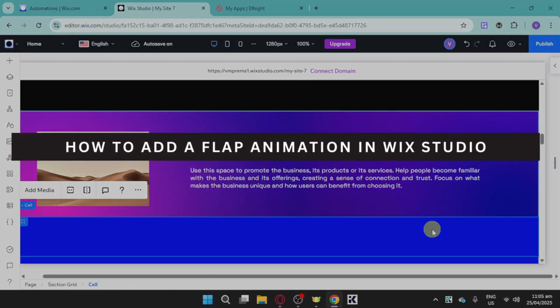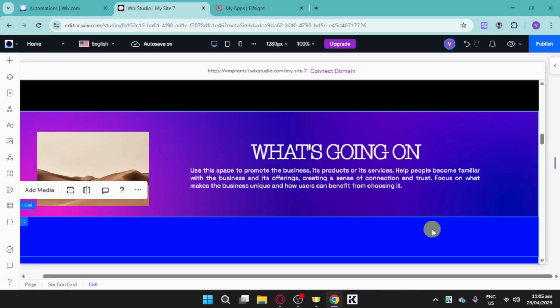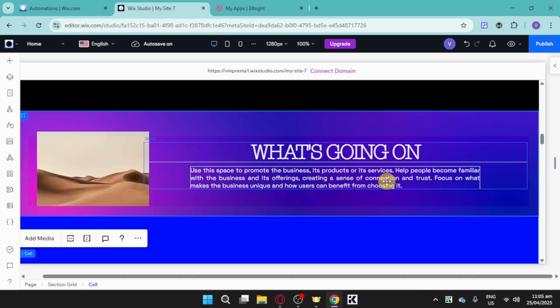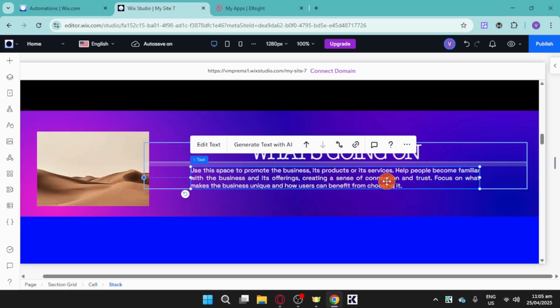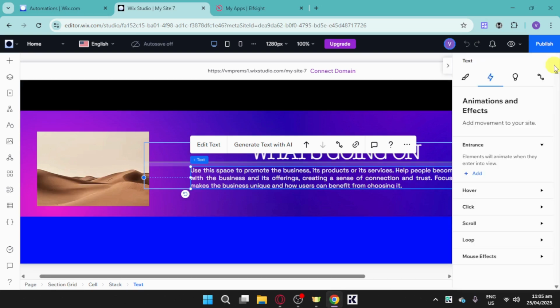How to add flap animation in Wix Studio. So in order to add a flap animation, just head over and then select in here a button or an image or a text. I have in here this paragraph, so let me head over and then click onto this particular paragraph. From in there, open in here the inspector icon and then go right here to the animations and